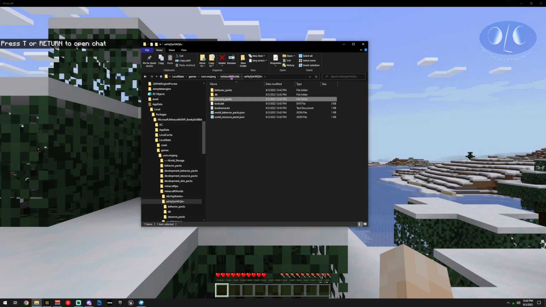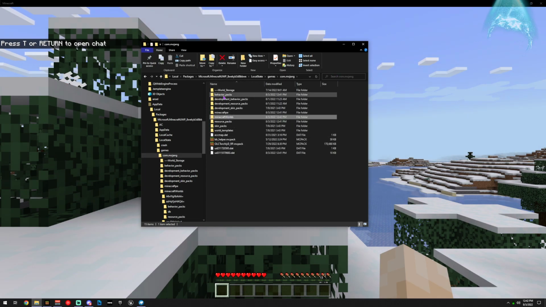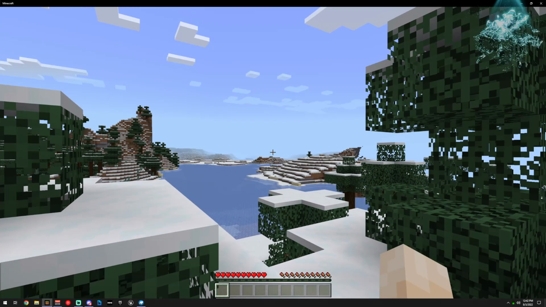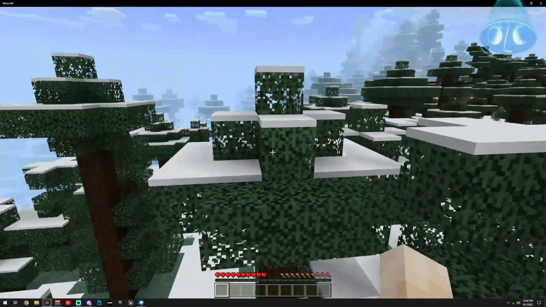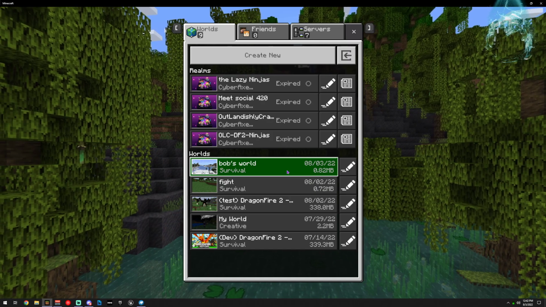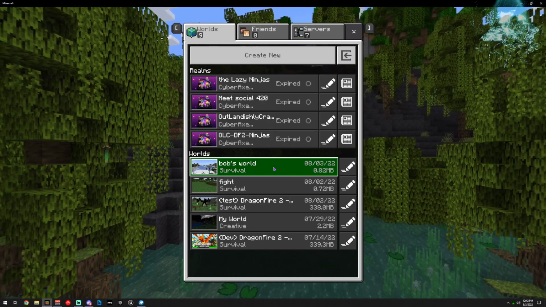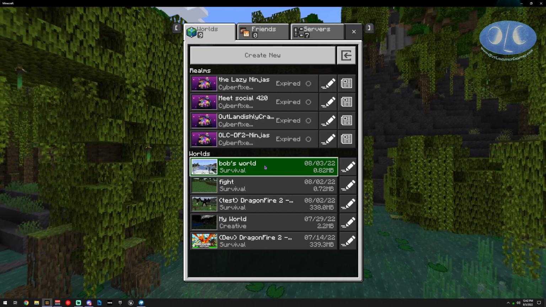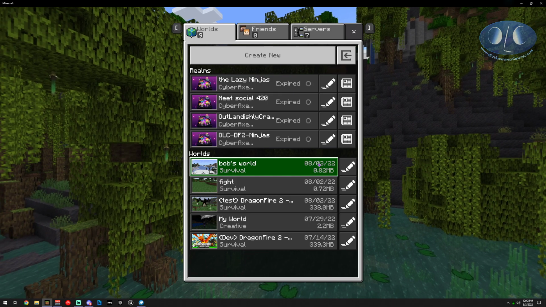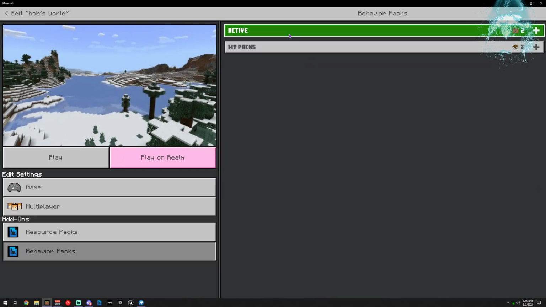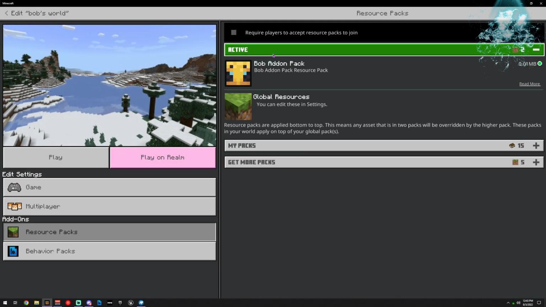So it's going to copy it over here. Now the problem with that is if we want to do more modifications and more edits to it and do more stuff, we need to make sure we're modifying the right folder, the right files, and we want to make sure that we reapply it to the world each time so that we get the current updated changes. And a lot of people make changes and they can't figure out why they don't see it in the world, and that's because they're not going through and re-adding their BP and their RP pack each time they make changes.